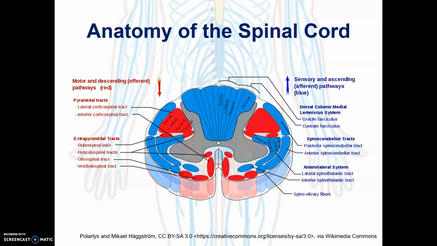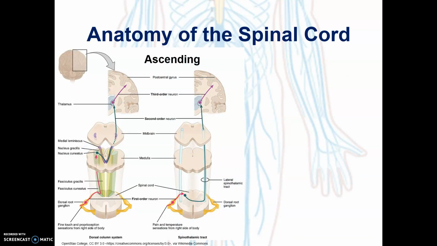And it's important to understand this topographical anatomy so that when you think about different parts of the cord being affected, you can think about which tracts are related to that part of the cord. However, it's also important to understand the longitudinal anatomy of the cord, and we're going to look first at the ascending tracts, which are divided into two main groups: the dorsal column and the spinothalamic tracts. The dorsal column, these tracts ascend on the same side of the cord as the fibers enter the cord, and